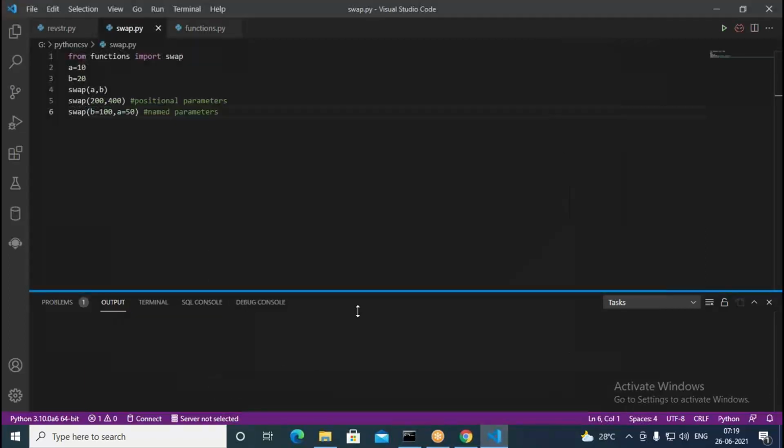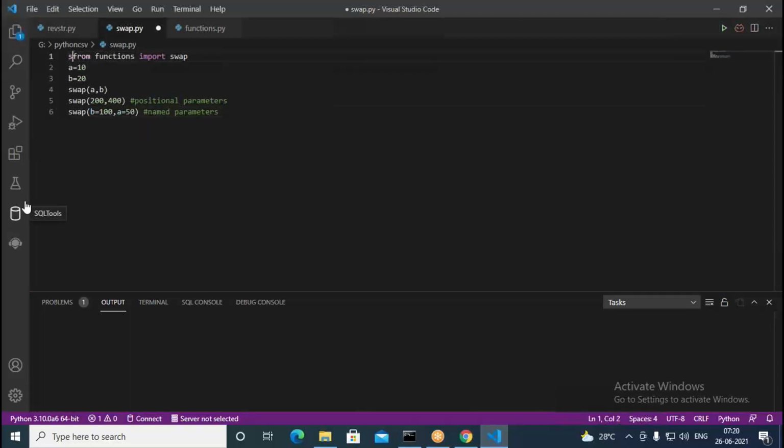Next, suppose I want to put some other name. I try to write SP equal to, from functions import swap. If I try to write this, it should give an error.